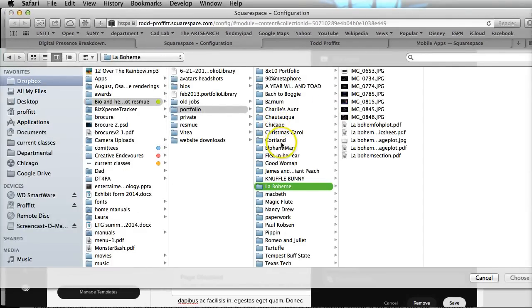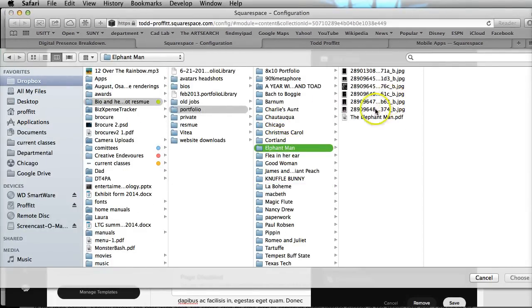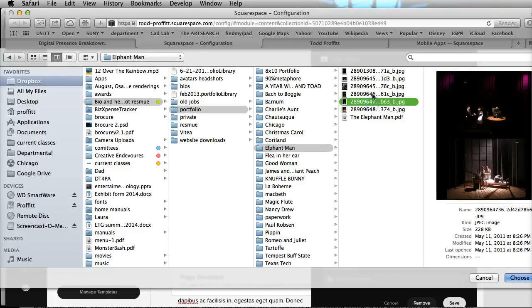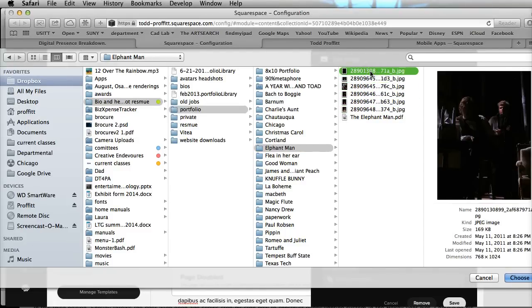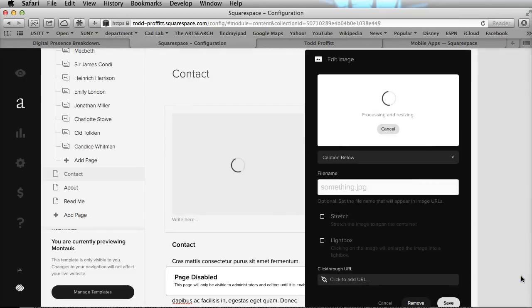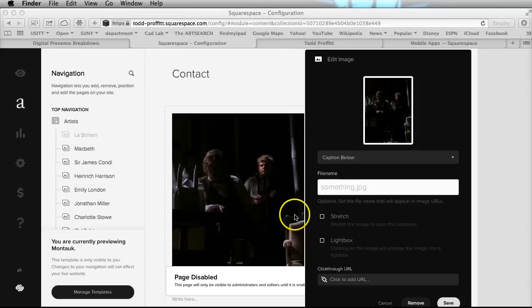And let's just, ooh, the Elephant Man, that's a good show to use. So let's put, there we go. Upload that image. And let me pause again while it uploads. Okay, so now that the picture is actually uploaded,